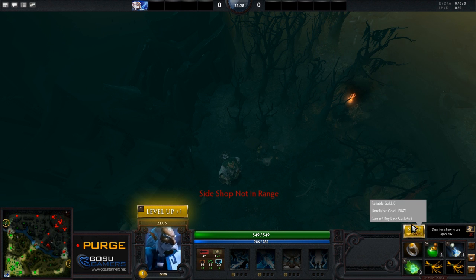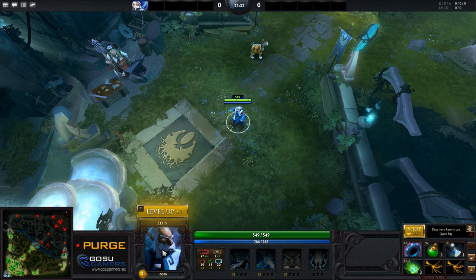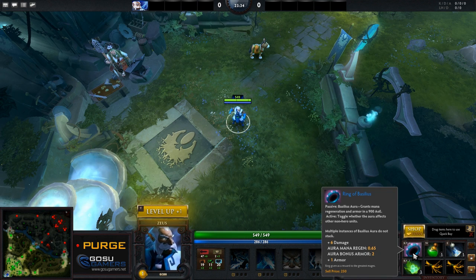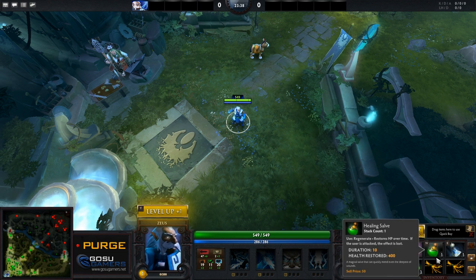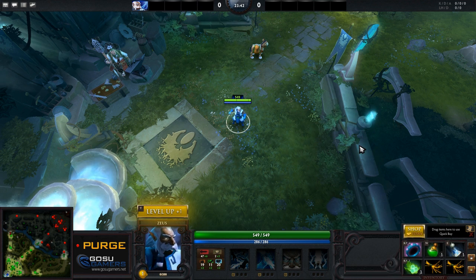oops, I don't want to buy a Sage's Mask from there. I want to buy a Sage's Mask from here. And bam, look, 325 gold, and now look at my laning. 325 gold in, I don't even need to use a courier, and I've got a crap load of regen, I've got stats, I've got tons of mana regen from a Basilius and a Clarity Potion,